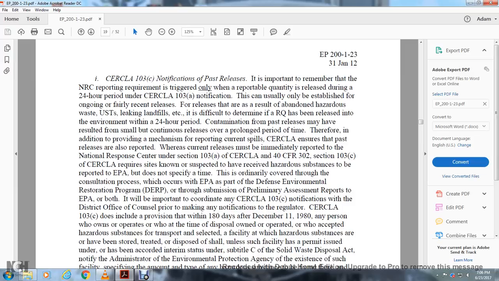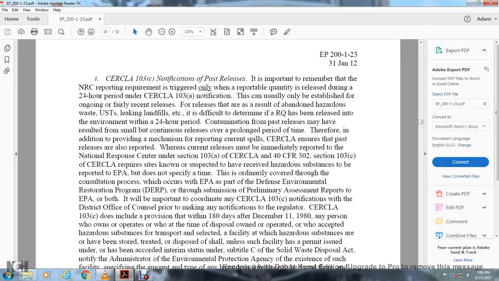Therefore, in addition to providing a mechanism of reporting quantity for current spills under the Comprehensive Environmental Response, Compensation, and Liability Act, ensure that past release is reported, whereas current release is immediately reported to the National Response Center under Section 103A of the Comprehensive Environmental Response, Compensation, and Liability Act, Title 40 CFR 302. Section 103C of the Act requires that a known or suspected release of a hazardous substance be reported to the Environmental Protection Agency. It does not specify the time, and it is ordinarily covered with the consolidation process which occurs with